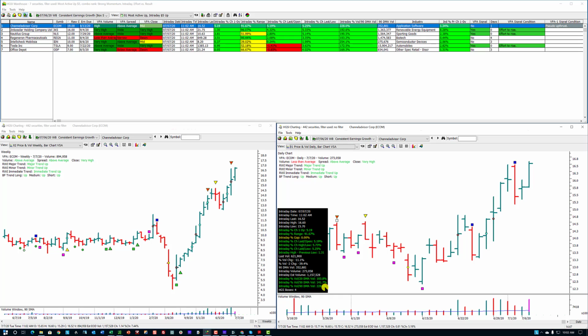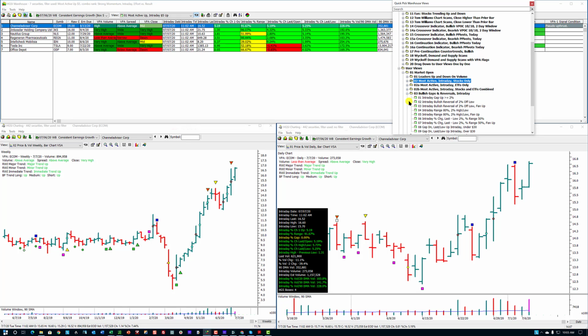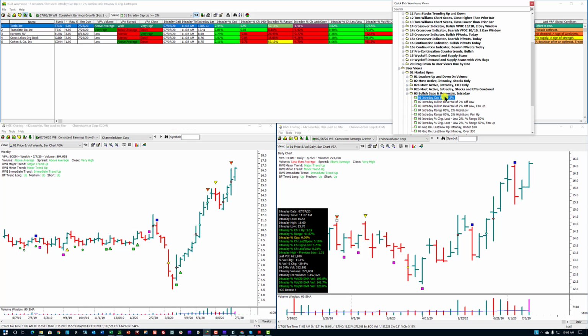Volume is running well above normal on this stock. Looks like it pulled back just a little bit, but what's it up today? It's up 5.19. I got it in here somewhere. I'm ahead on it, but I'm not realizing the full daily profit is what I'm trying to say. But now I could go through a lot of these, and I'm not going to, because I don't want this video to get extremely long, but I'm just saying that on the market open, let's go into the bullish gaps,